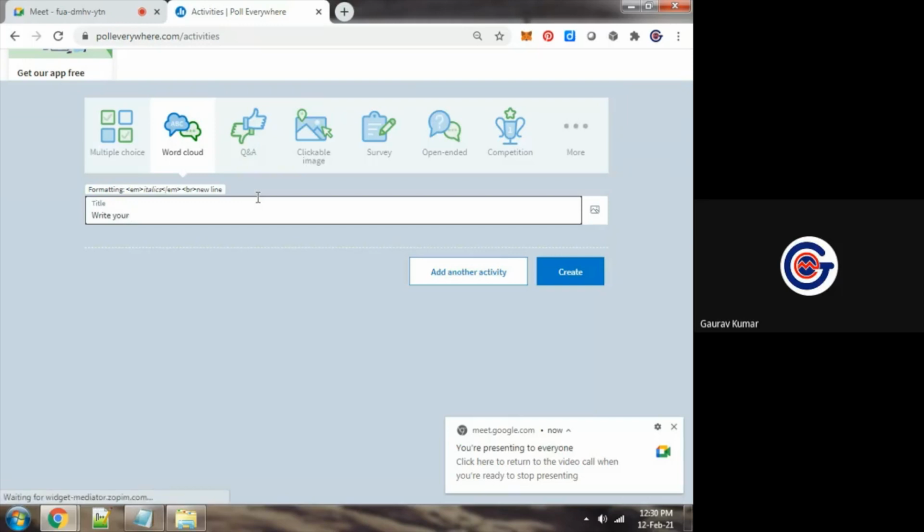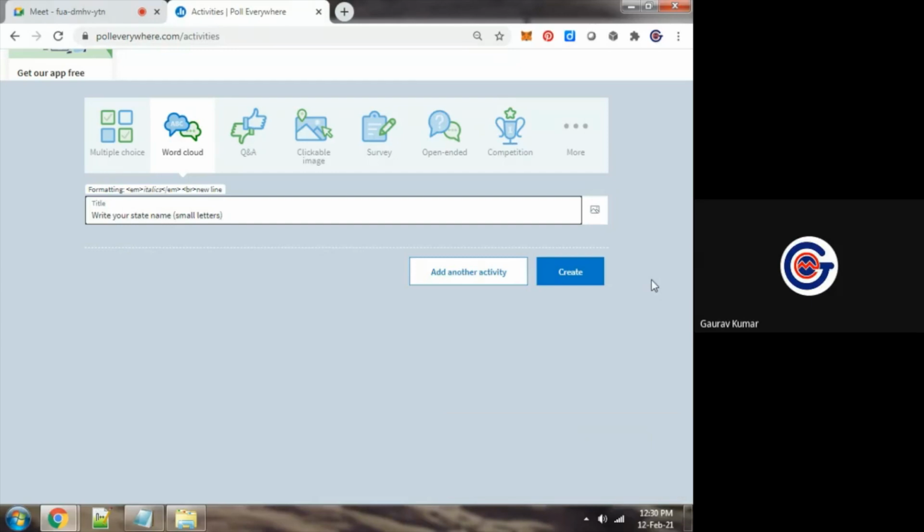So in the word cloud, write your state name. State name you will have to write in small letters. And if there is a space in your state name, then write it in a combined way, like Uttar Pradesh. Do not write Uttar space Pradesh.